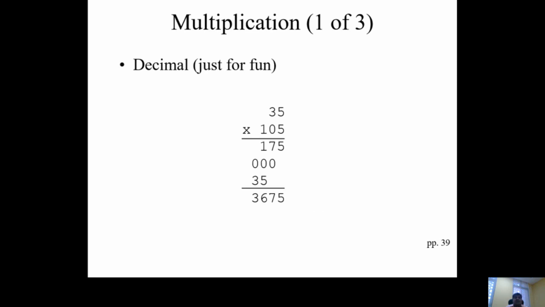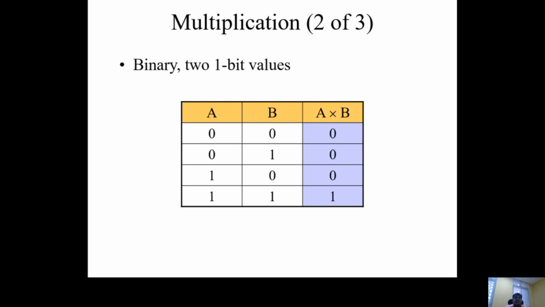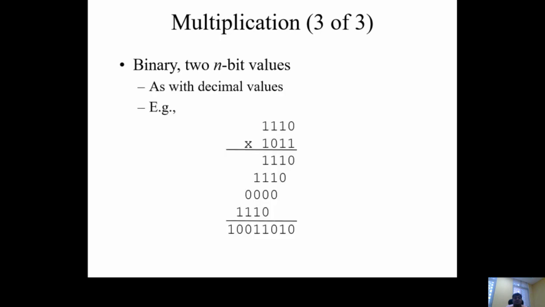How do we multiply decimal numbers? As you know, for example, 35 into 105: 5 multiplied by 5 is 25, we put 5 there and 2 will be the carry, and 5 times 3 is 15, 15 plus 2 is 17, so 175. Now 0 multiplied by 35 gives 2 zeros. 1 multiplied by 35 gives 35. Now we add: 5, 7, 1 plus 5 is 6, and 3. So the answer is 3675. Similar steps will be applied in binary multiplication.